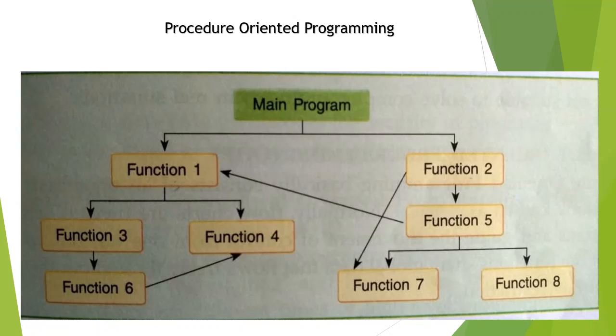Examples of procedure-oriented programming are C language, BASIC, COBOL, Fortran. C language is still being used because in many applications data security is not required. In such situations, we can go with procedure-oriented programming languages like C. This is all about the procedure